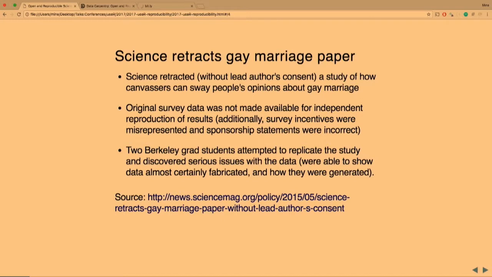2 grad students from Berkeley attempted to replicate this study, and they discovered serious issues with the data. I think what's interesting is that they were able to show that the data were almost certainly fabricated, and not only that, but they were able to show how these data were generated using R, actually. If you want to read a bit more about this, I'd strongly recommend it, but this had incredible public health